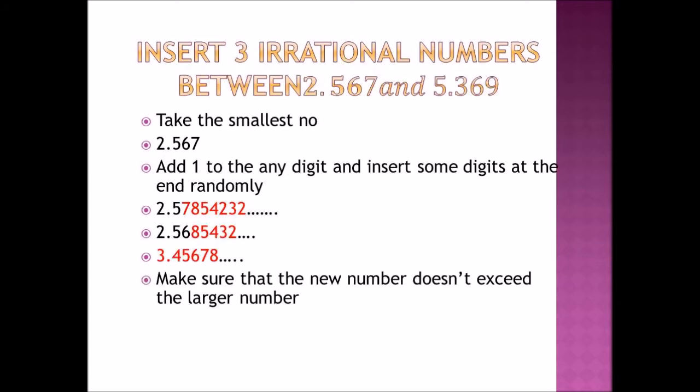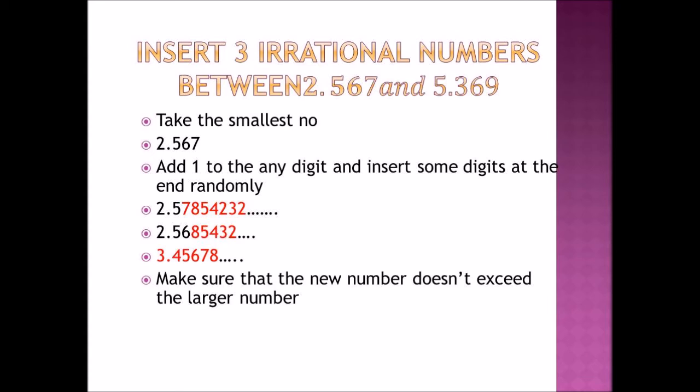In the next example, we are discussing what if the given numbers are in decimal form. Here there are two numbers, 2.567 and 5.369. Here we don't need to convert to decimal form. And we know that irrational means non-terminating, non-recurring. So we just need to add a number to the smaller number and write some more numbers randomly after that